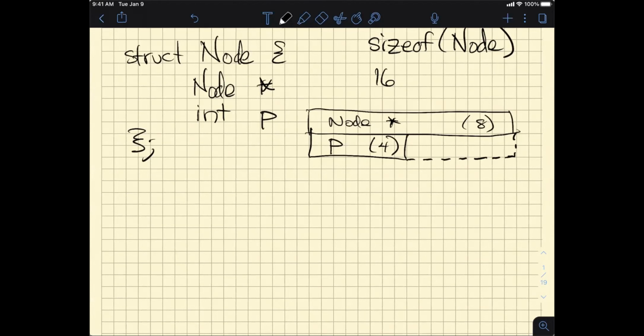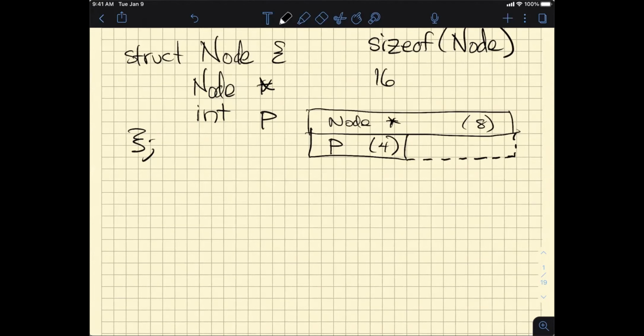You're partially correct. Yes. It depends. So could it be because the node is size 8? Or the node pointer is size 8 before it? Well,